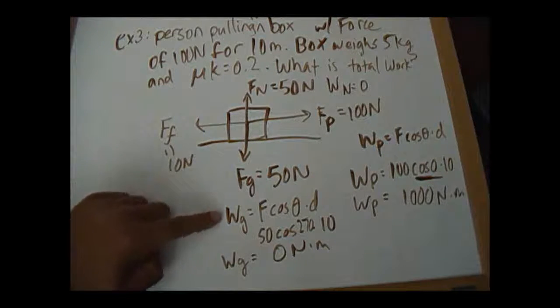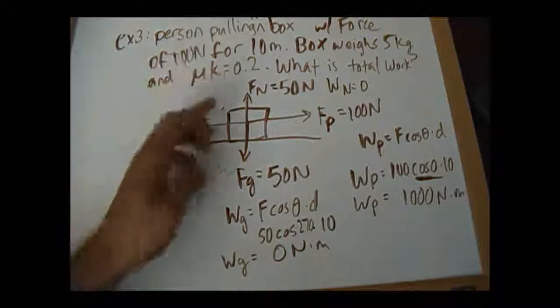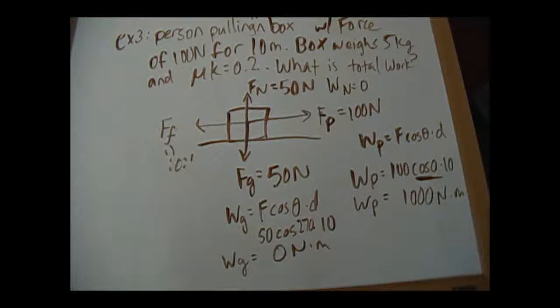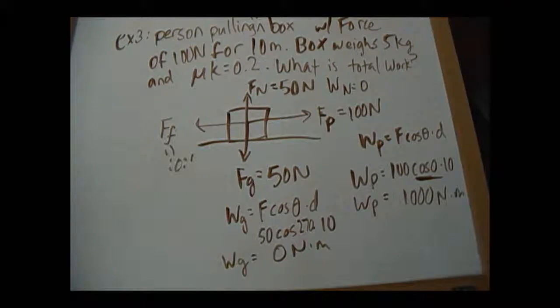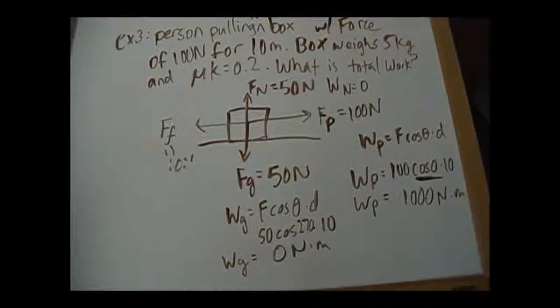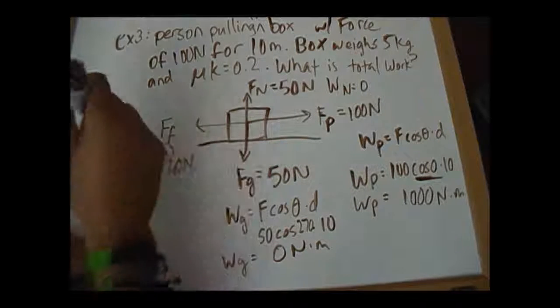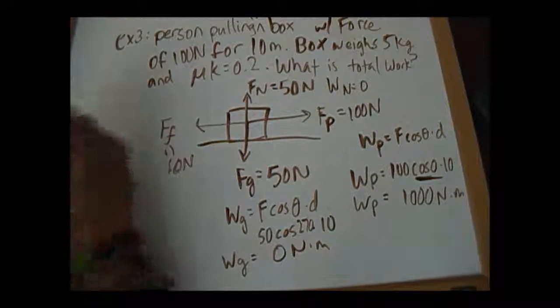In the case of gravity and normal, since they're perpendicular, they bisect the movement of the object. Since it's perpendicular, it is going to be 0. These ones are parallel. There's going to be a value for these forces, okay, and for the work. Okay, so the work done by the force of friction,